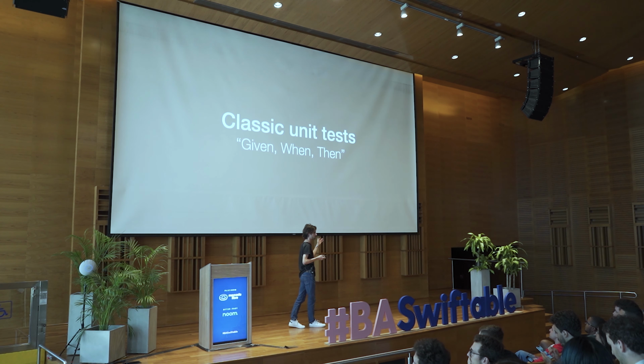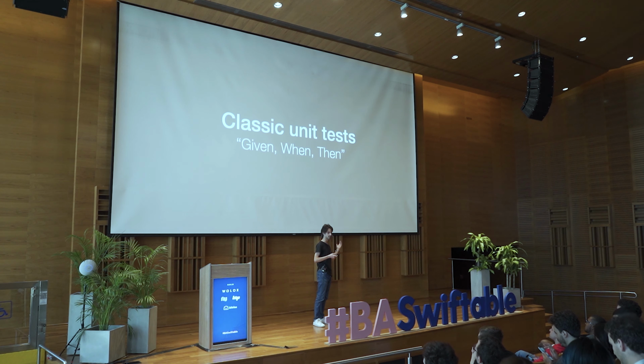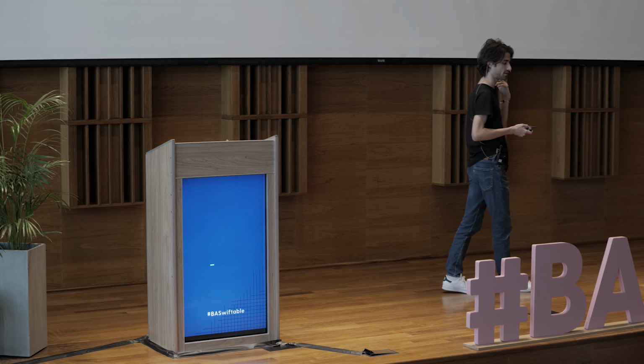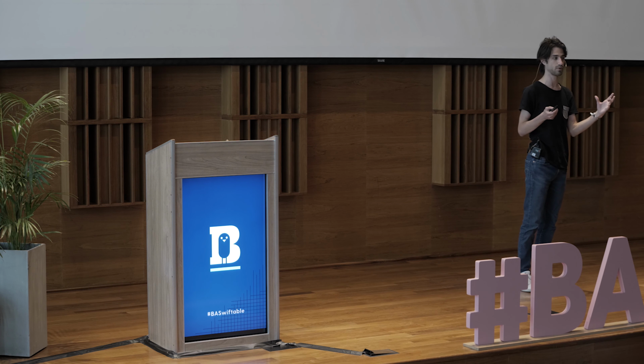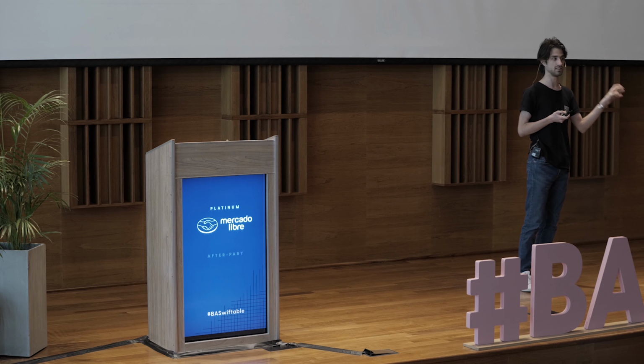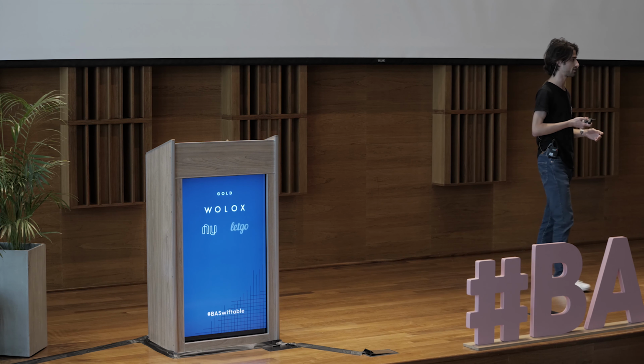If you take basically any tutorial or any textbook that talks about unit tests, you're going to find these three words: given, when, and then. That makes sense because these three words describe the structure of a unit test, which is: given some state, when I perform this action, then